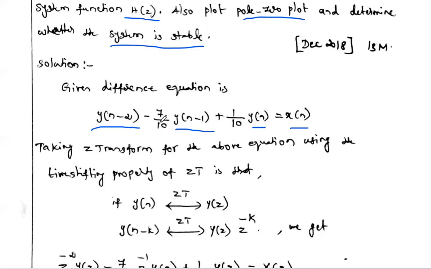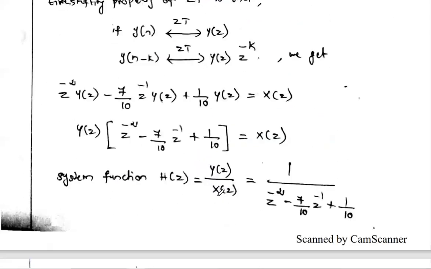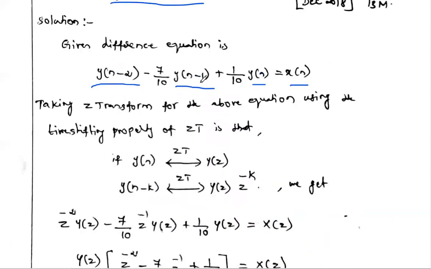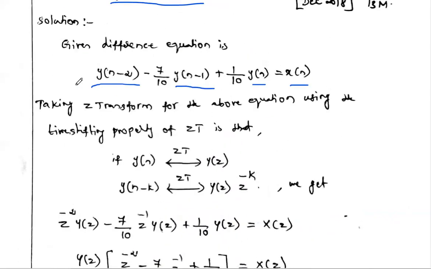So from the system equation we want H of z. What is H of z first? H of z is nothing but the ratio of Y of z divided by X of z. The transfer function or system function is nothing but the ratio of the Z transform of the output divided by the Z transform of the input. We are calling it the system function. Here we have x of n and y of n, that is input and output, in the time domain, but we want the Z domain. So what we have to do is apply the Z transform to the entire equation.